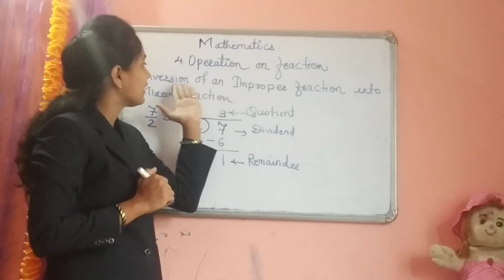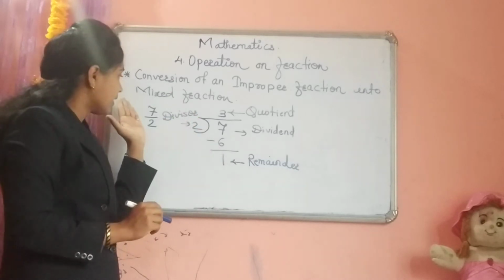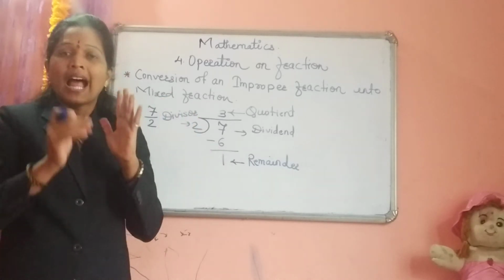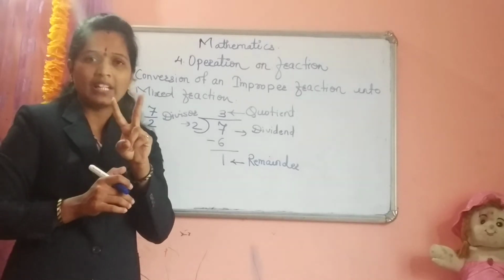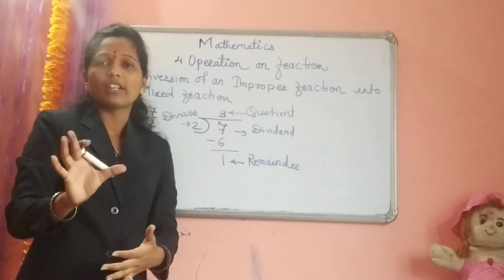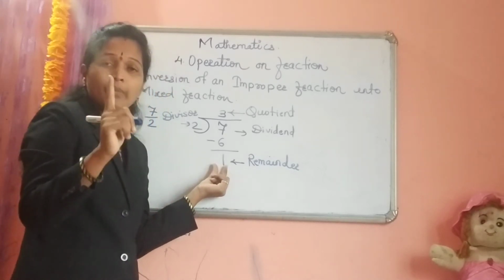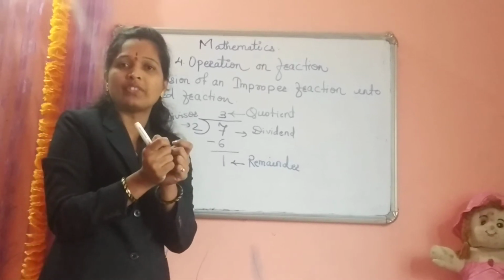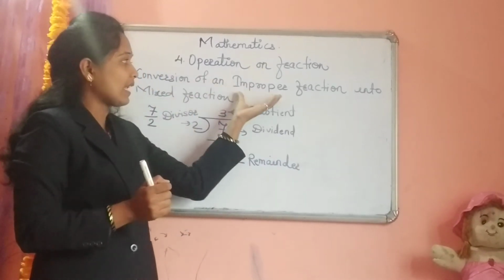So how to write down this improper fraction? Pay attention, these are the 7 chocolates and you have to divide these 7 chocolates between 2 students. So how can you divide? 3 chocolates we can give to the first student, the remaining 3 chocolates we can give to the other student. It means 1 chocolate remains. We have to make half section of that 1 chocolate. So we can write this improper fraction.